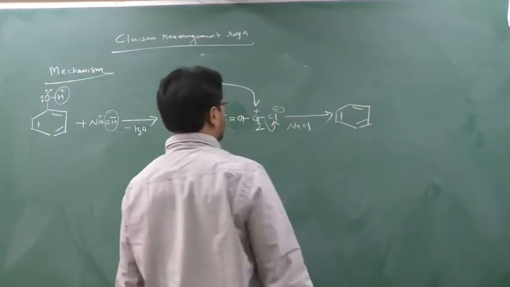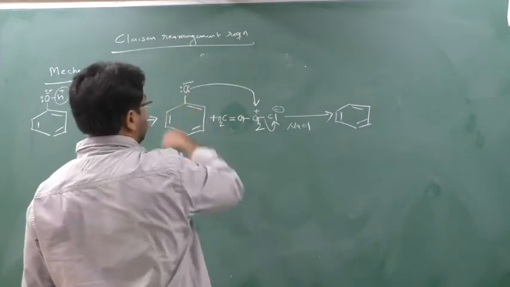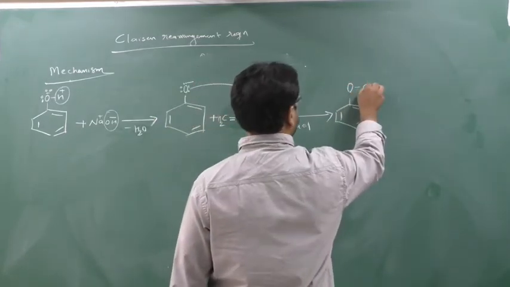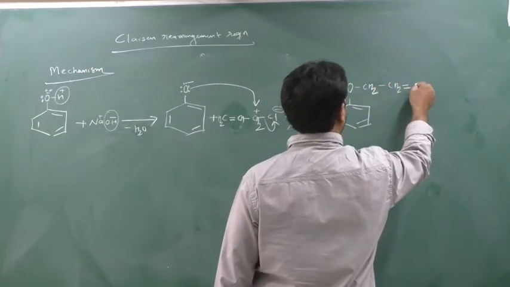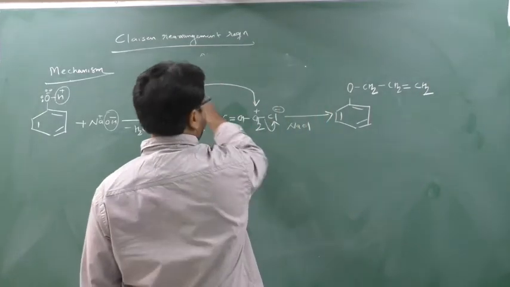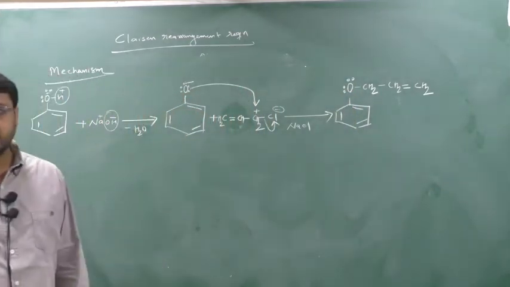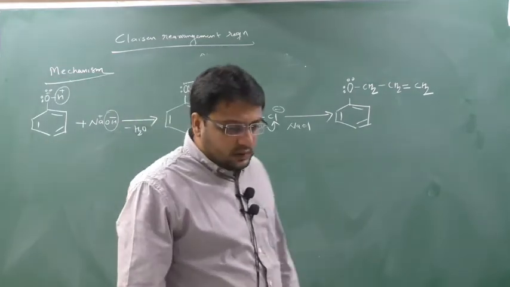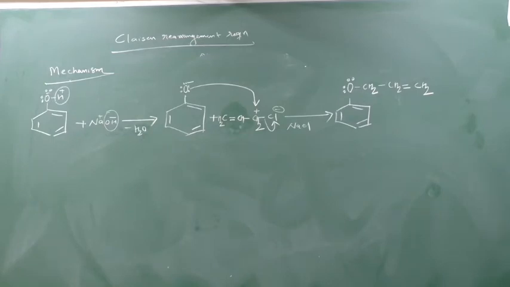See, this is the actual mechanism. What I showed last was just to get the answer. Now this CH2 plus will directly attach to this oxygen. Out of 3 lone pairs, 1 lone pair will donate to this CH2. Along with this CH2, there is CH double bond CH2. Out of 3 lone pairs, 1 lone pair is gone, so the remaining is 2 lone pairs. When oxygen has 2 lone pairs and 2 bonds, no sign will come on it. Clear this part? So this reaction will take place.